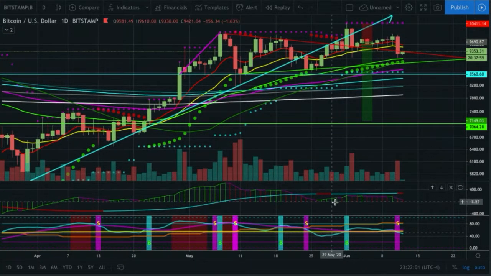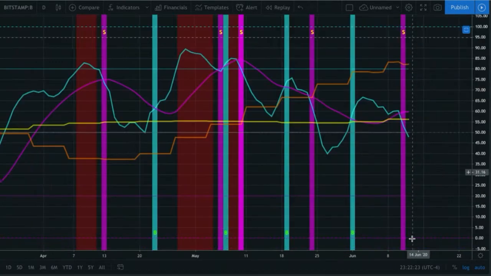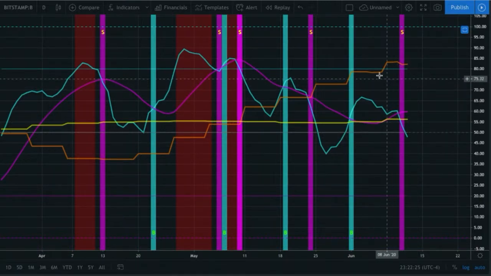Price action came back up, tried to get back above, flipped the slope back over to blue on the TD MACD, but failed to get back above it. The histogram started selling back off, flipped back over red, and now we're going to see continuation to the downside. And typically that's going to be a strong continuation. And also, once again, exactly like we said, we came up here, got one more step up on the orange, and now we're coming back down.